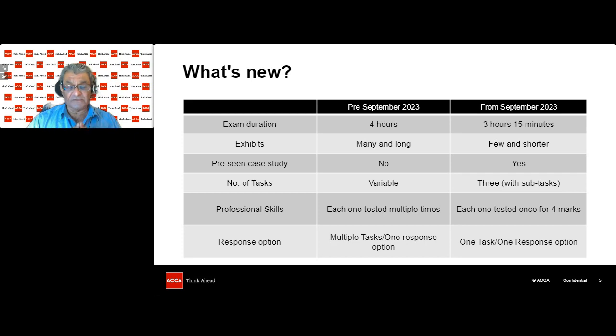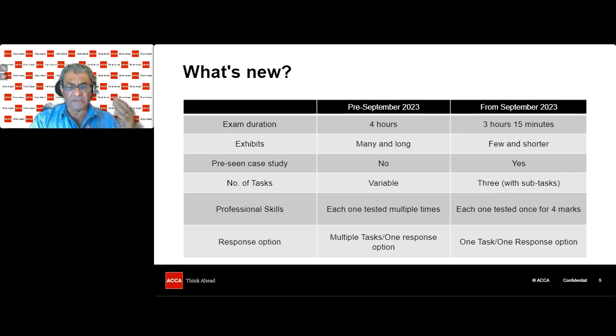Professional skills. Now, this has also changed, and I'm actually quite in favour of this change. As most of you will know, with SBL, there are 5 professional skills, and in each examination in the past, 20% of the marks have been contributed by the professional skills. So, for example, analysis is a professional skill, communication is a professional skill, and so on. And so in the past, what you used to find was that